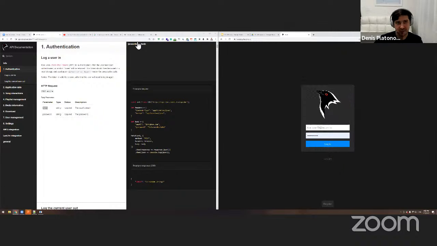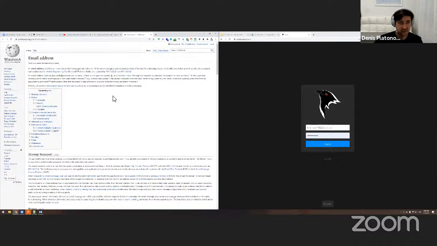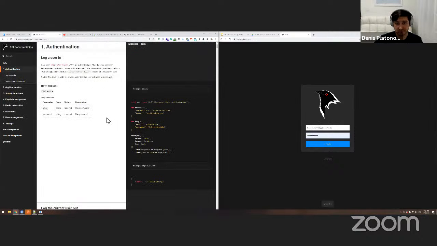So even though the email address is an international standard, you see like RFC 9080 Internet Engineering Task Force, it's like an international standard, 40 years old, and so on. Your application may actually be limited.